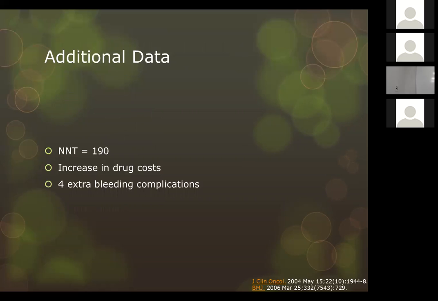Now, if we did this on every patient that came in with advanced cancer or VTE, it is estimated that it would increase drug costs by 28% in a hospice. So that is a very large increase in spending. Not only that, but you're going to have more bleeding. As I indicated, there was a number needed to treat of 3.5, so round up to 4. So what you're going to do is you might decrease one symptomatic VTE if you use a low molecular weight heparin in patients. However, you're going to have 4 more bleeding events, and you're going to increase your costs